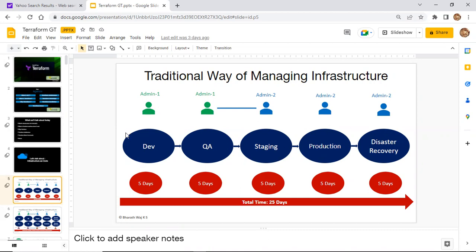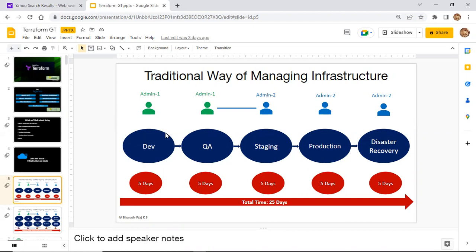In each environment, we'll have a DB and a VPC. Under the VPC, we may have several resources like subnet, route table, internet gateway, NAT, and so on. We also have our servers, and S3. So many resources will be created for one particular environment.